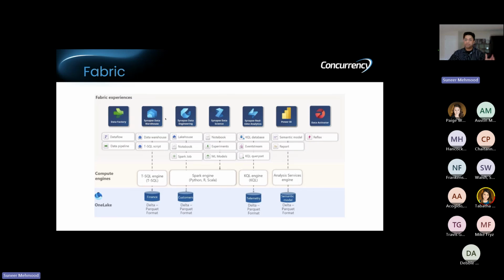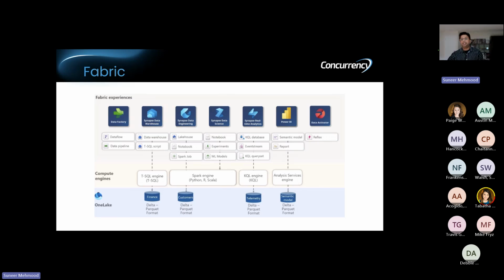I hope data warehouse is a very common and understood term with all of the audience over here. But for the people who are relatively new, a data warehouse is the final pristine data destination for performant analysis of your data. You build your reports or dashboards from a data warehouse.